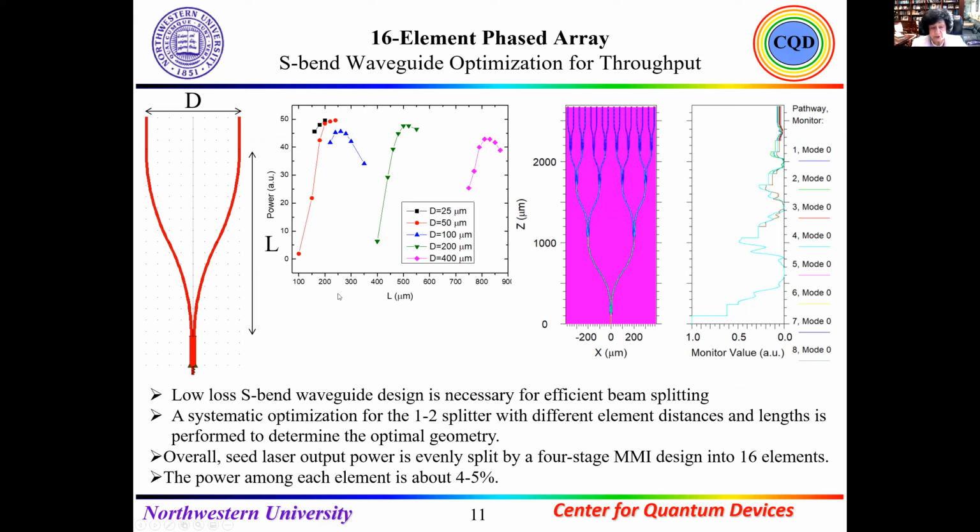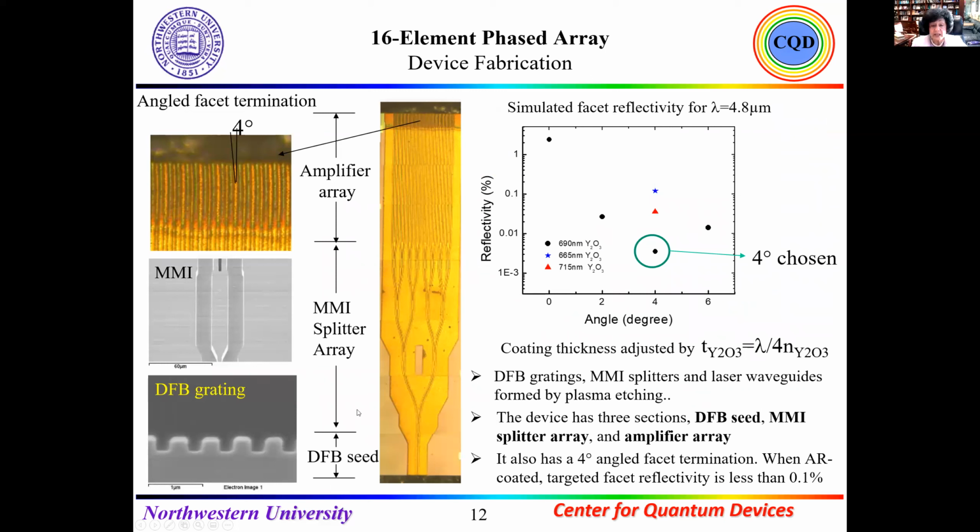optimal geometry. So overall, the seed laser output power is evenly split into 2, 4, 8, and 16 elements, and the power among each element is about 4 to 5%. By using that, we now design the structure. First we have the DFB grating part, and after that we have the MMI splitter and laser waveguide made by plasma etching: 1 to 2, 2 to 4, 4 to 8, and 8 to 16, and at the same